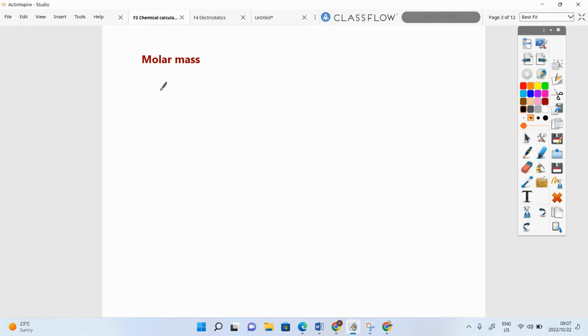All right. So the first thing we need to work out is molar mass. I think you all did well in the test. The only thing where people got it wrong is because you still cannot write a chemical formula. So what it's going to say is: work out the molar mass of copper